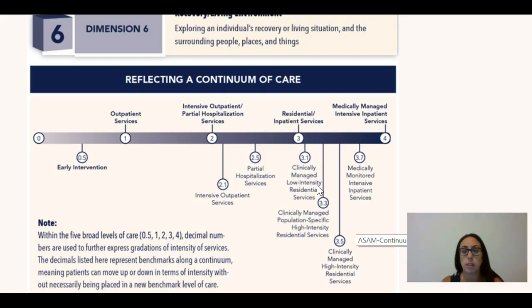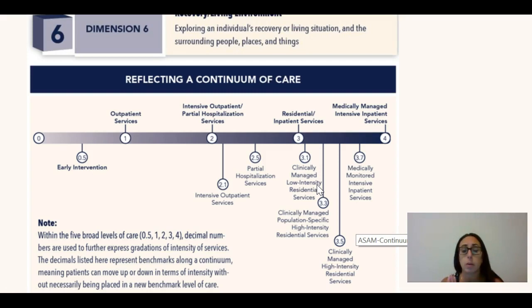And then, of course, moving to medically managed intensive outpatient services. These are the most monitored. These are folks who are on pretty significant levels of medication. Maybe it's medication to assist in sobriety, or maybe they're just psychiatric medications because they have pretty severe mental illness as a comorbid condition to their addictive use disorder.